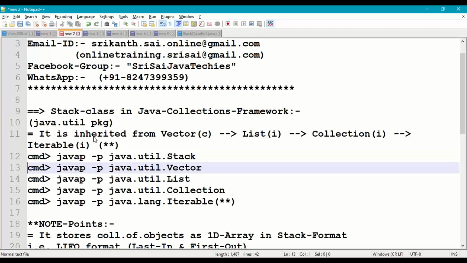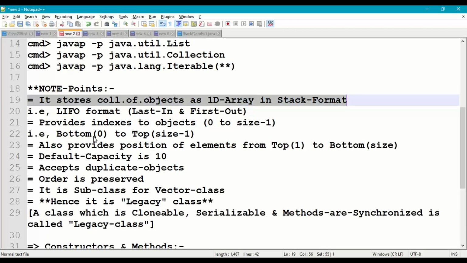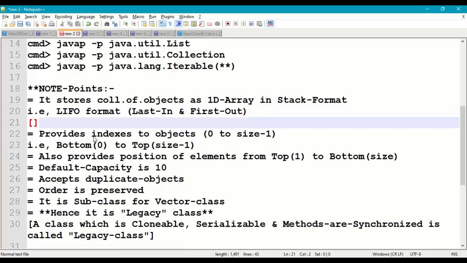So what exactly is a stack? A stack is a collection of objects, like a one-dimensional array as that of Vector, but in stack format. Stack format means it will store data from bottom to top, 10, 20, 30, 40, 50, one above the other in LIFO format, last in first out.